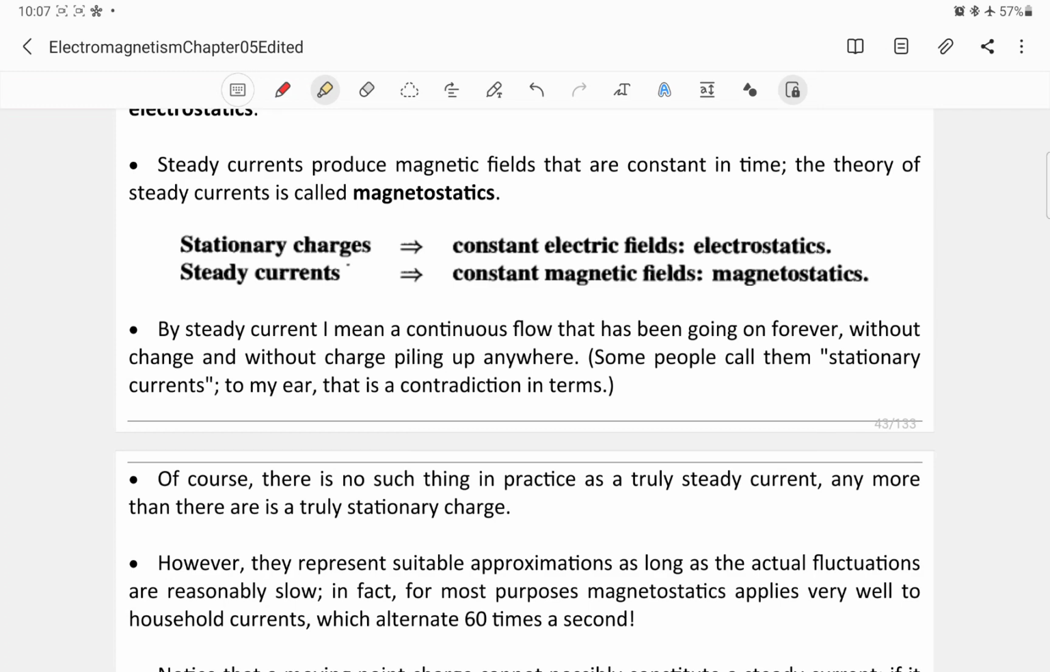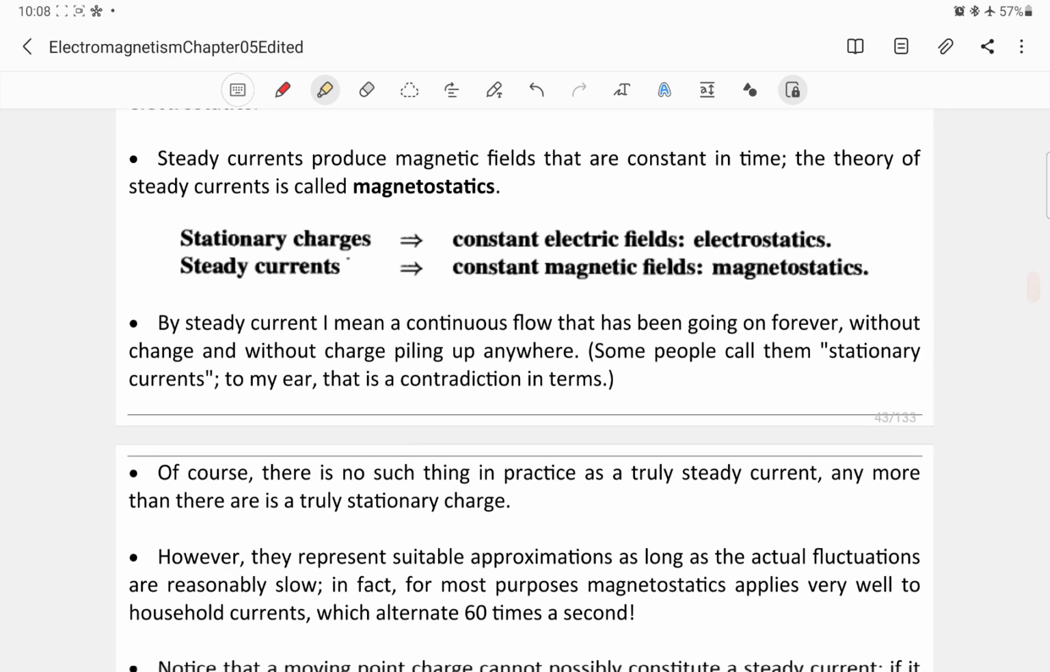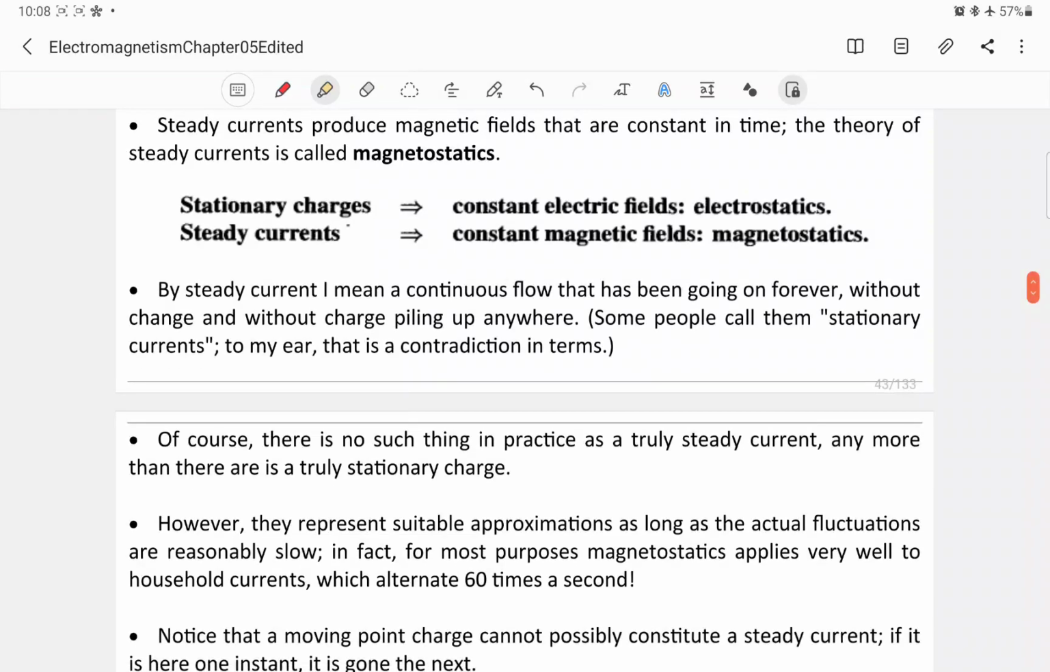So they produce magnetic fields that are constant in time. For stationary charges, you have constant electric fields, that's electrostatics, and for steady currents, you have constant magnetic fields, that is magnetostatics. By steady current, we mean continuous flow that has been going on forever without change, without charge